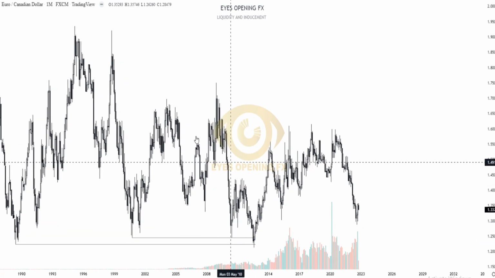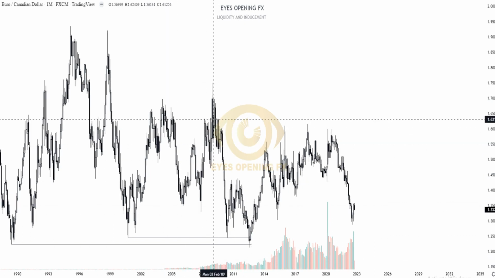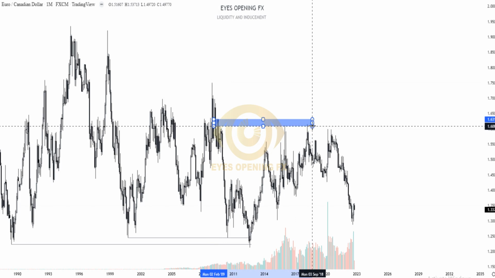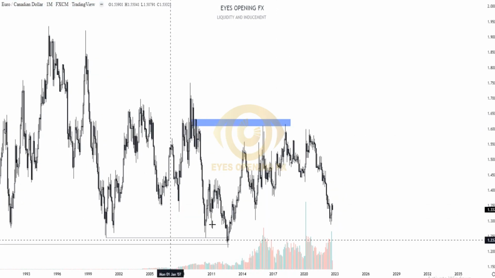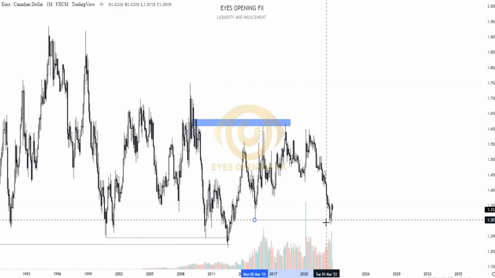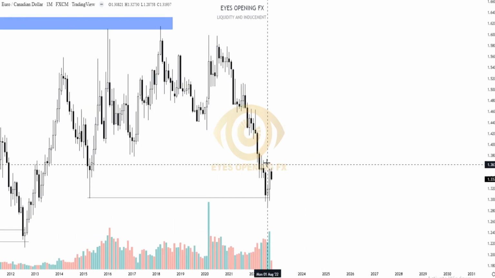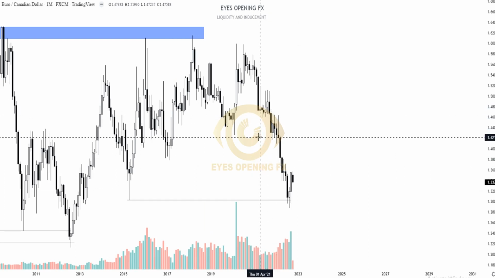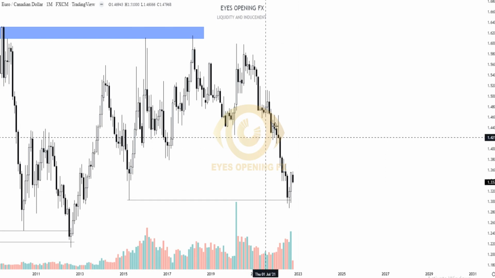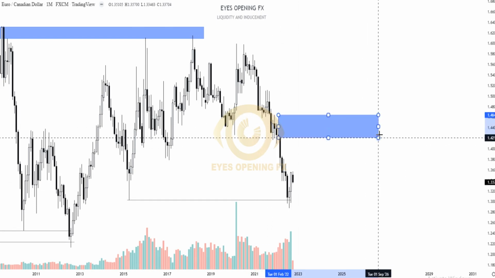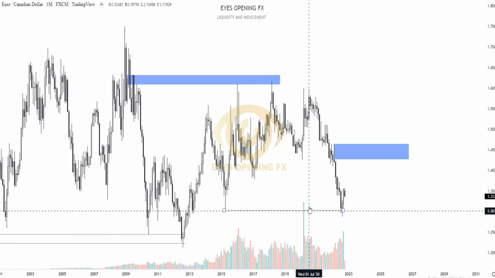So now since we have this as our major internal structure, and market has already come to give us a perfect idea of mitigation from here and give us a break of structure to the downside. So market has already broken this low as our break of structure. So the next thing we expect price to do is to give us a bearish structural continuation from this particular area. So we have a POI right here as a major POI after market creates a range structure on